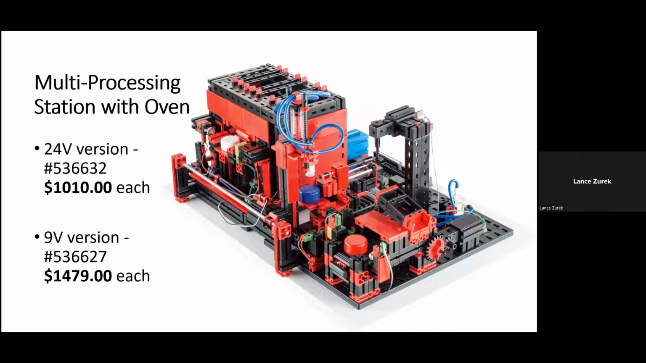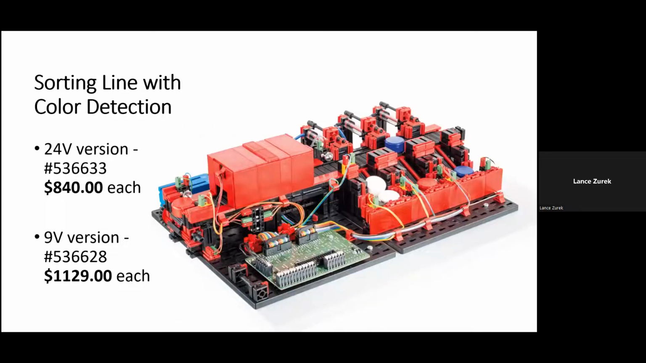The multi-processing station with the oven in the 24-volt version is $1,010. In the 9-volt version, again with the robotics TXT controller included, is $1,479. The sorting line with color detection in the 24-volt variation requiring PLC, $840 per. The 9-volt version, again with the robotics TXT controller, is